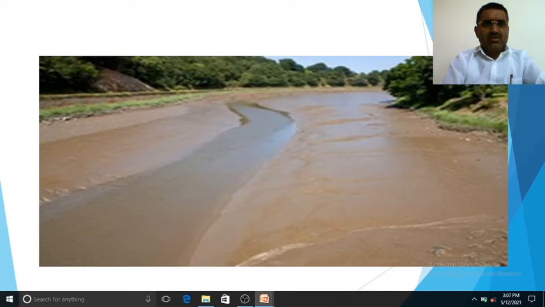So this is what is on the bank of this flow. We can see here is the deposition, to the left as well as to the right bank of this river. There is a deposition of alluvium, and that's why this soil is called alluvial soil.